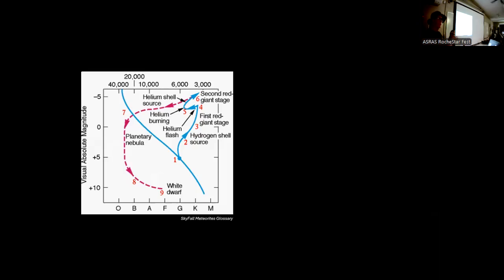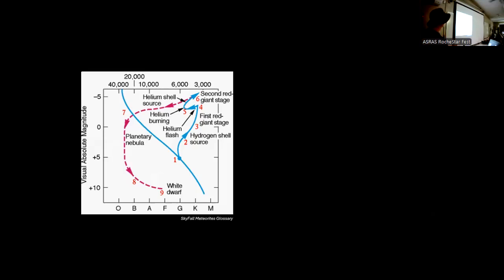And some of these diagrams that I show you use burning and some use fusion. But again, for the purposes of this talk, they're the same. So if you look at this, we'll take it to the sun eventually. So the sun runs out of hydrogen, begins to expand. Hydrogen begins to burn, continues to burn, but this time it's coming from a shell rather than the core of the star. And the star expands to become a red giant.